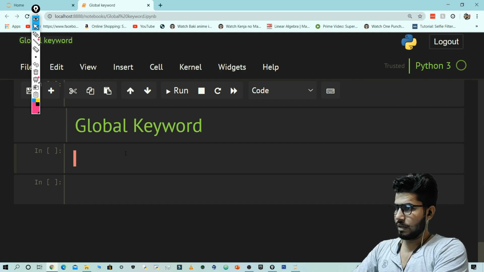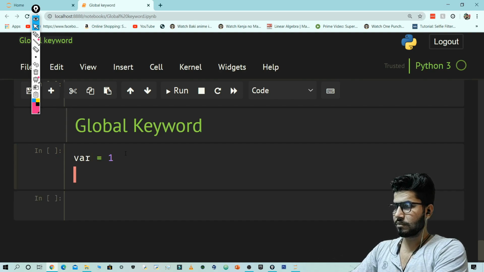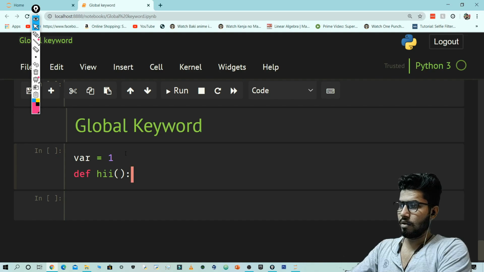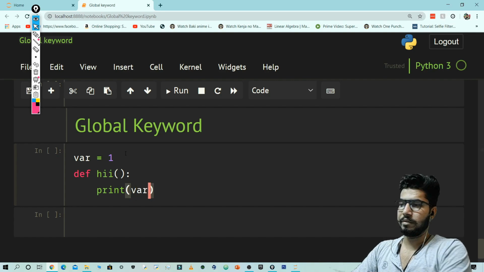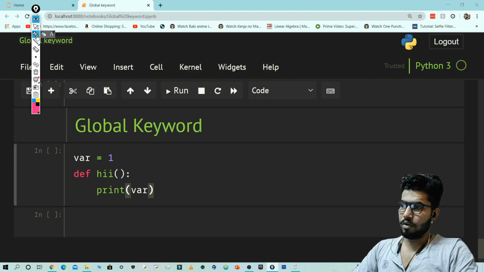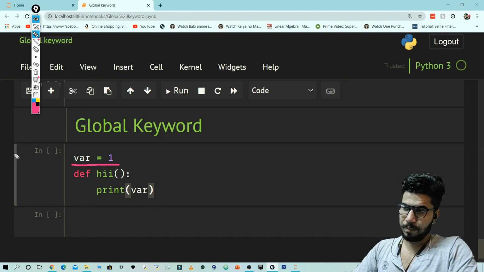Okay, so let's take a variable, and I'm going to create a function. Let's call it hi, or anything. Now I'm going to print var. Okay, it is fine. As you can see here, in Python the scope is defined by indentation.